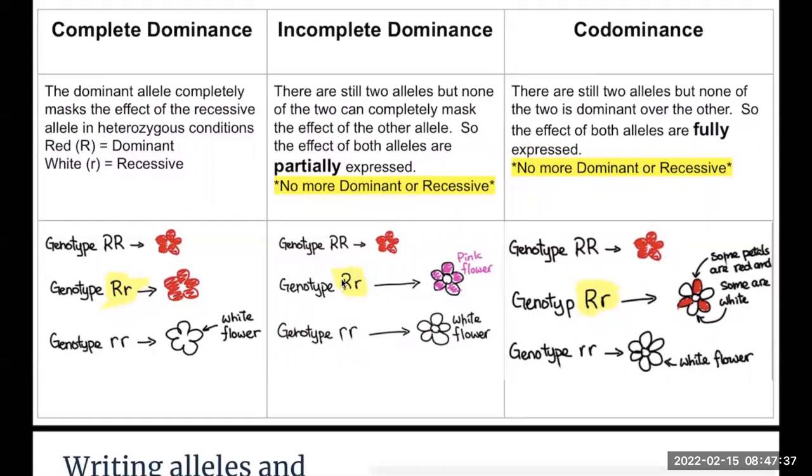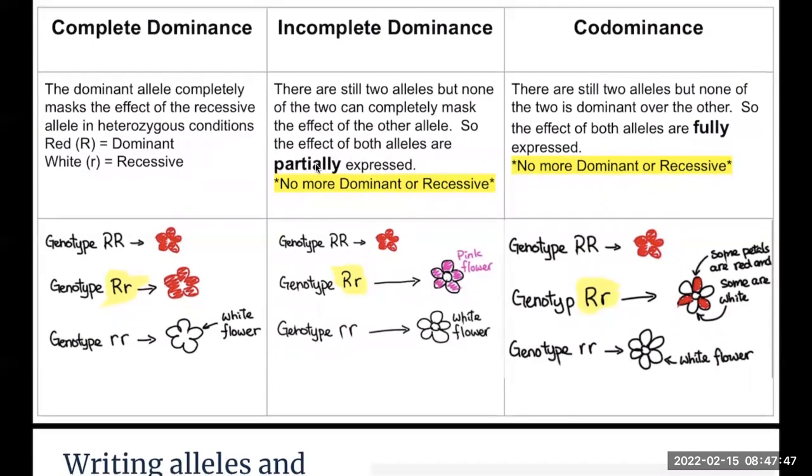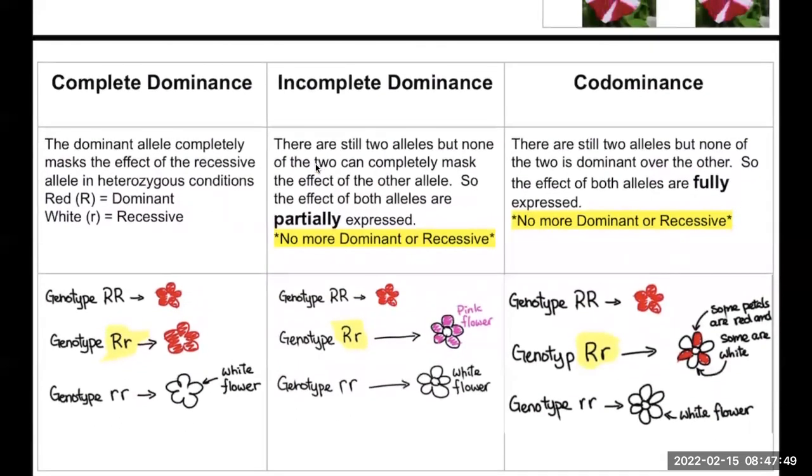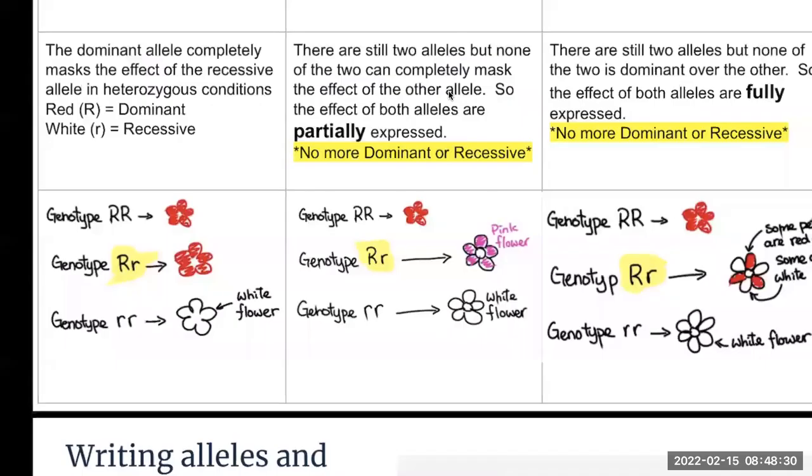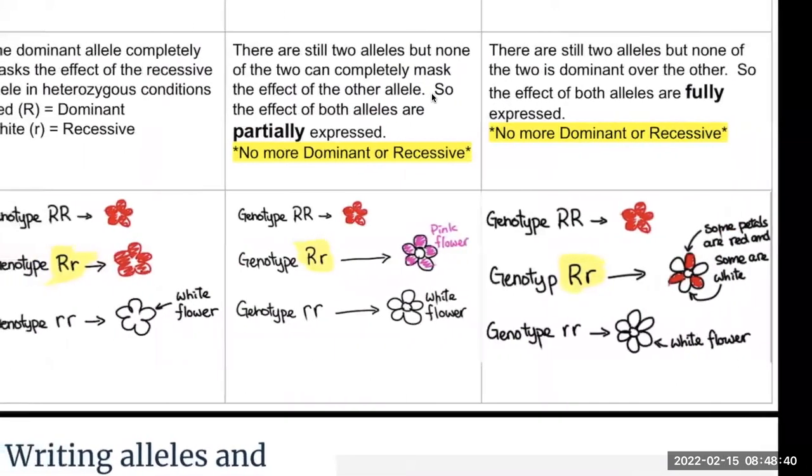If you get a red and a white allele, but neither of them is dominant, both of them are being partially expressed. So that means both of them are showing a little bit of their characteristics,